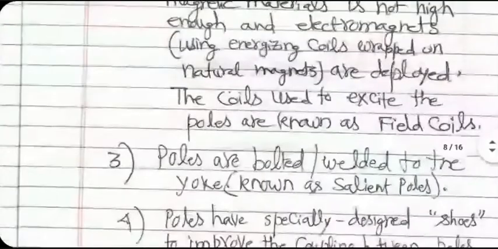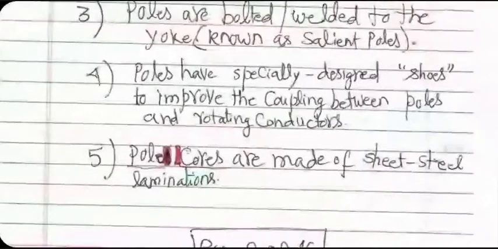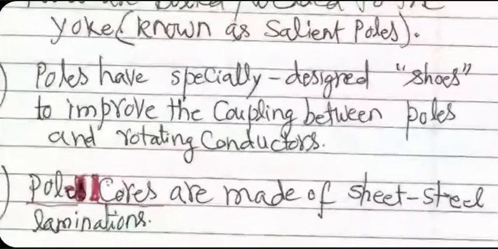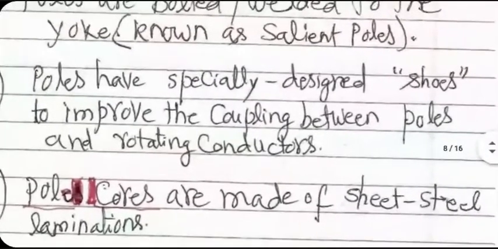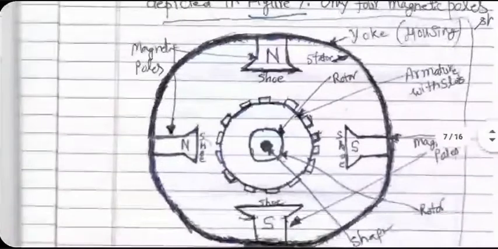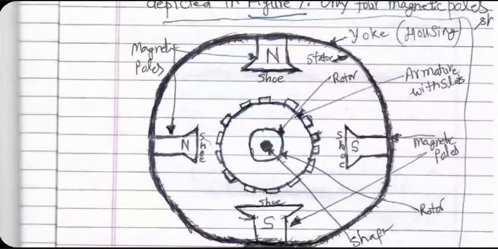The pole shoes are the bottom part of the poles. Now, the poles core, that means the original portion of the poles, is generally made of sheet iron laminations. Again, remember in transformers, we were using laminations for reducing eddy current loss. The same philosophy is used here for building the poles. These are generally made out of thin wafers, which are bolted together, so that eddy current loss in the poles is reduced. That will help in improving the overall efficiency.